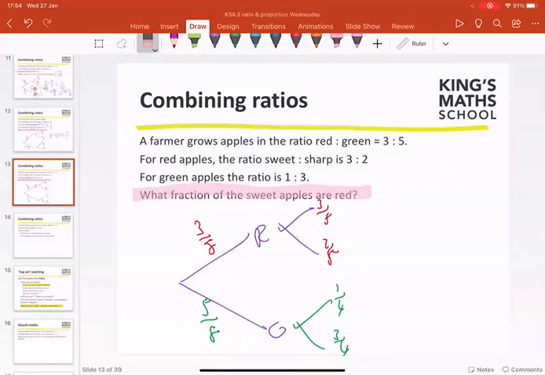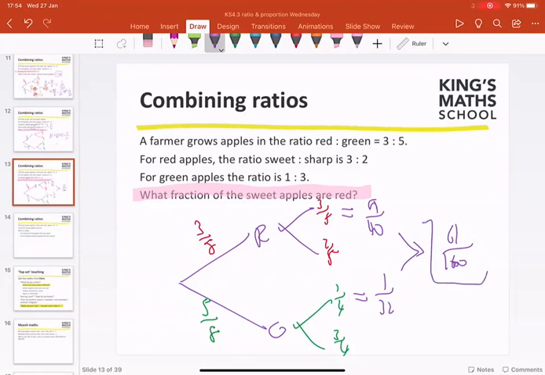So how do we do it? Well, let's work out what we have got here. We know that's 9/40ths, and we know that's 1/32, and when we put them together, that's 61/160ths. That's supposed to be an arrow, not an inequality sign. So that is my barrel of sweet apples, and I want to know what fraction of that are the red ones. So I want 9/40ths out of 61/160ths,